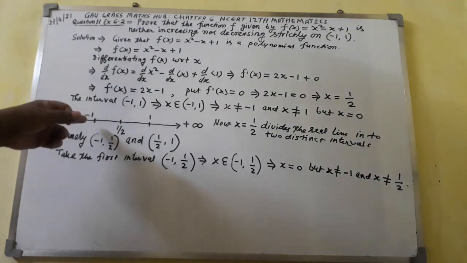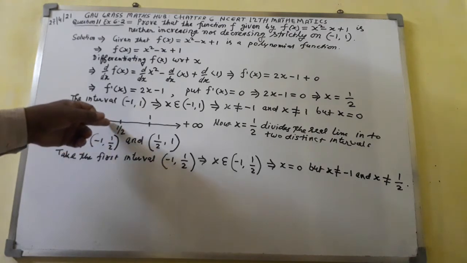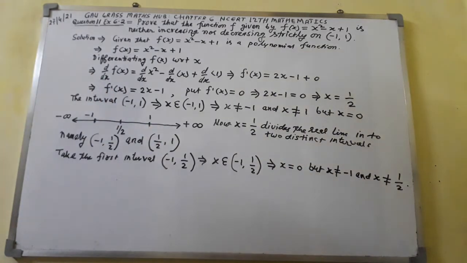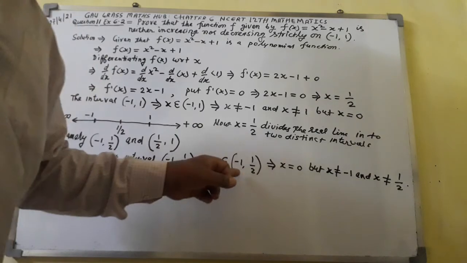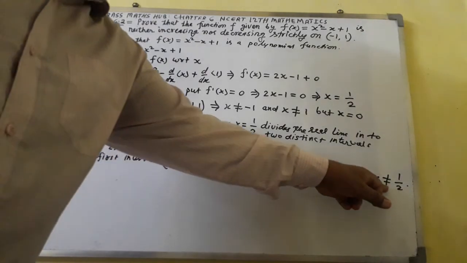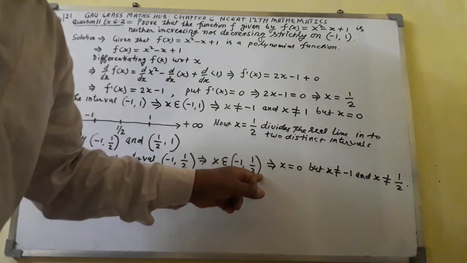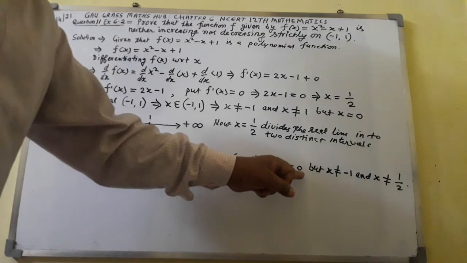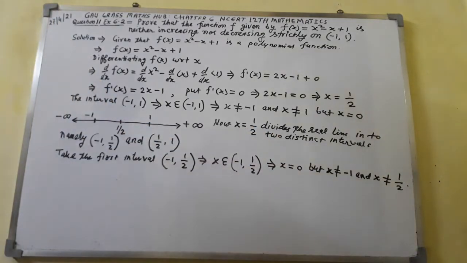In between -1 and 1 over 2 lies 0. That's why I have written here x equal to 0. But x is not equal to -1 because the interval is open, and x will not be equal to 1 over 2 because the interval is open. So this x equal to 0 will be put